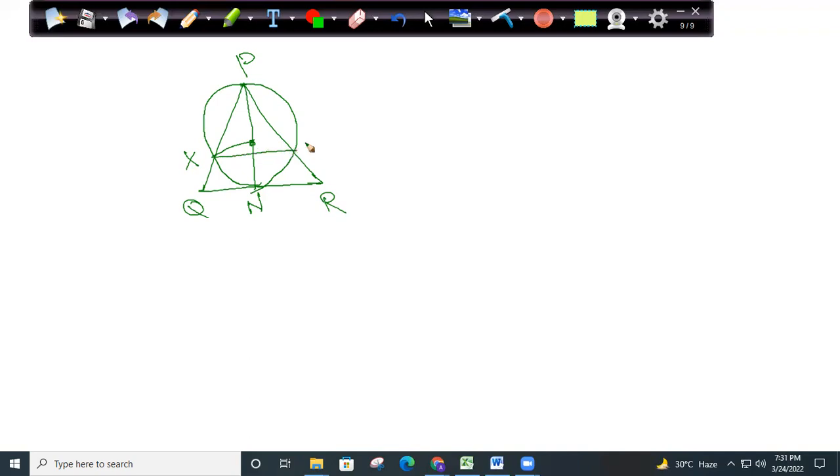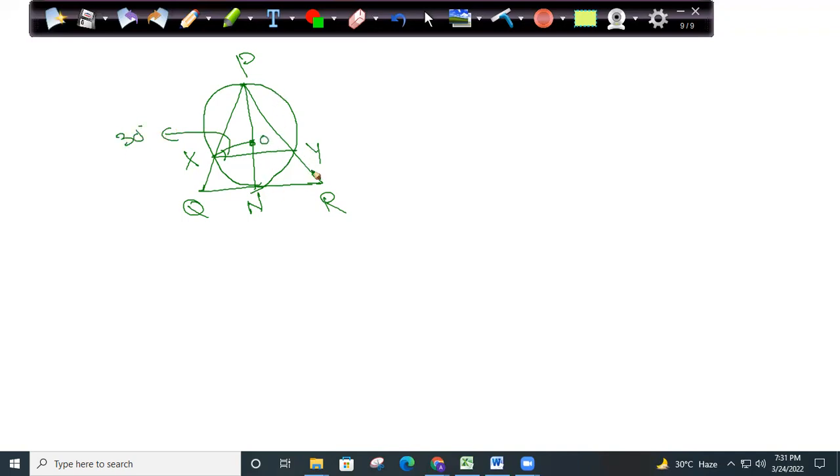So the question is, I have a triangle here. Triangle is ABC. Or if you don't like ABC, write PQR. Then I have a circle, something like this. I have a triangle PQR. I am drawing a perpendicular PN. And let this be some M, let this be some X, let this be some Y. If this angle is 30 degrees,